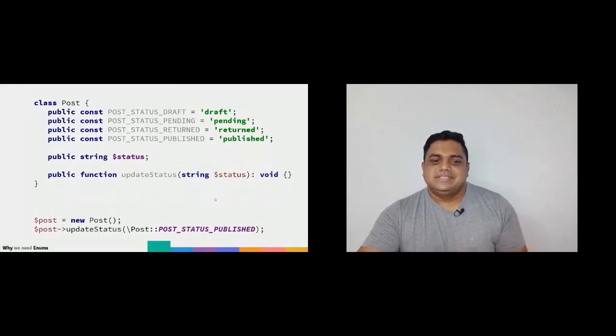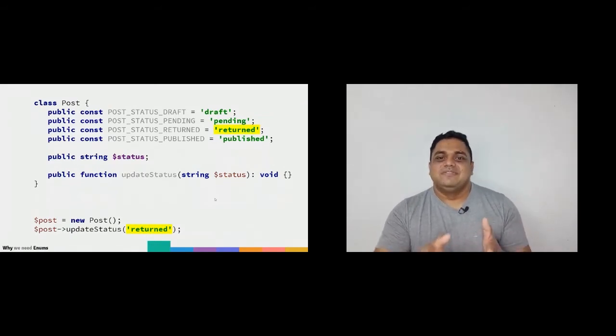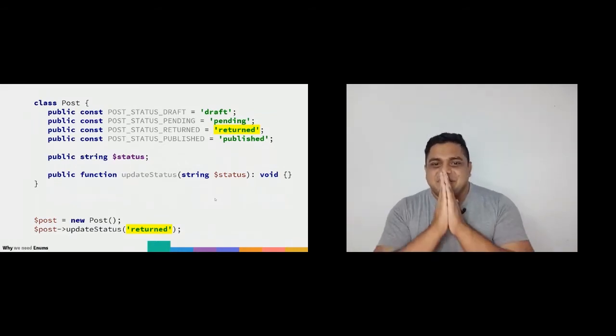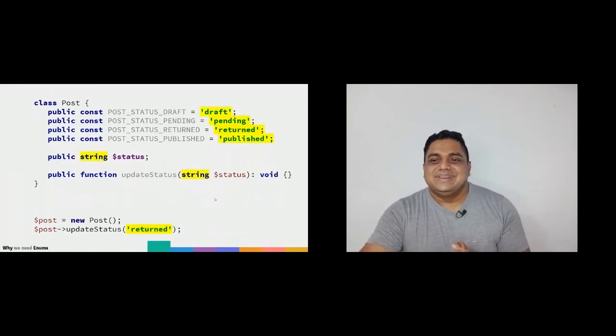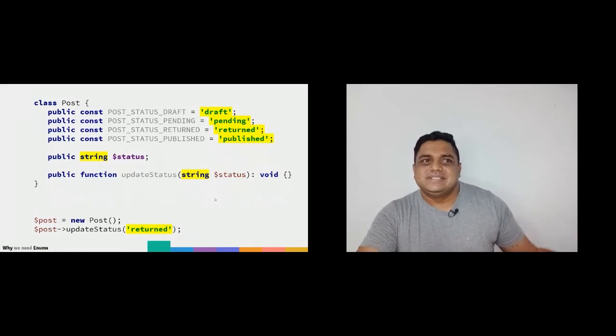So we create this new object, a new post, and then we update status with the class constant. Again, we are lying to ourselves, right? Because deep inside, they're actually strings. So when we call the constant, PHP actually says, oh, this is a string. I will use this string. But the problem is all of them are strings. We go back to the same problem with curl example.